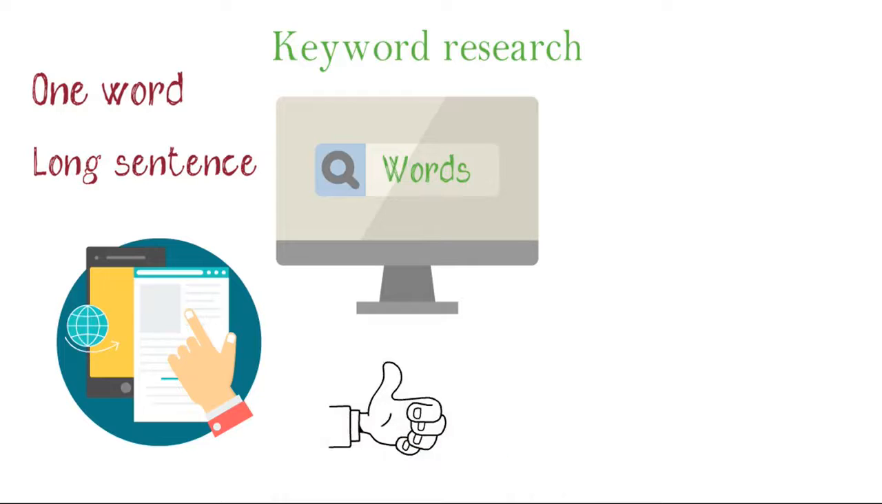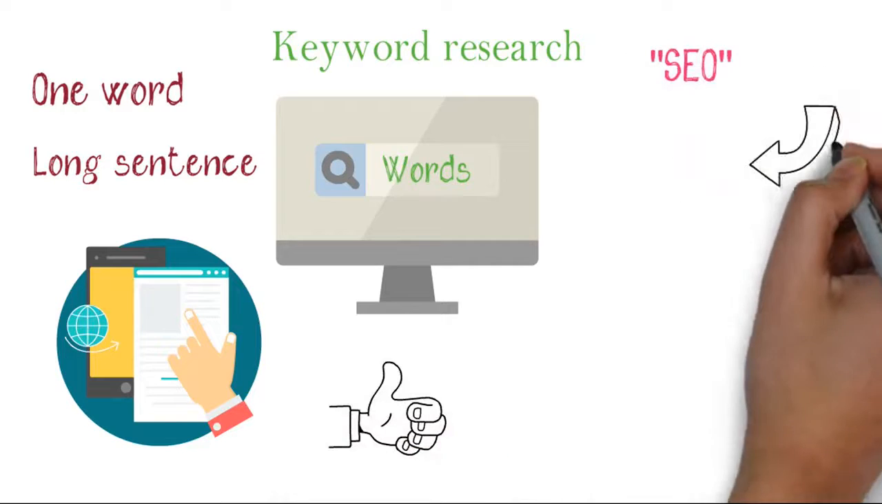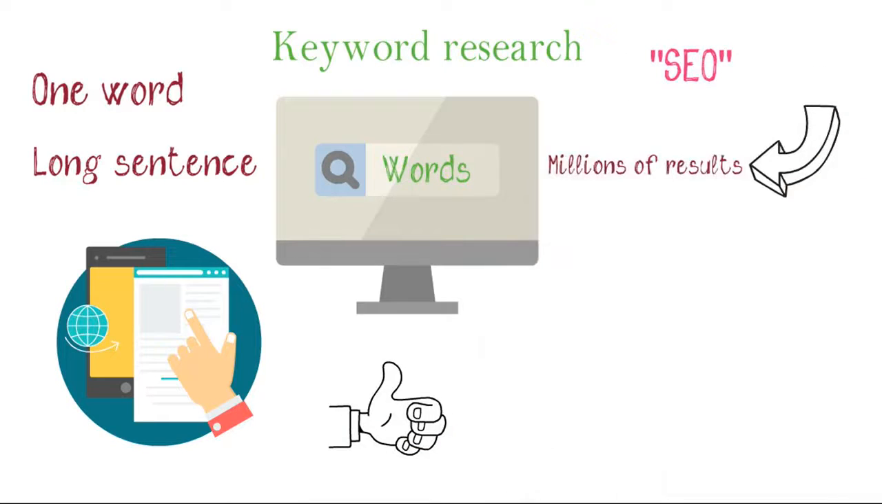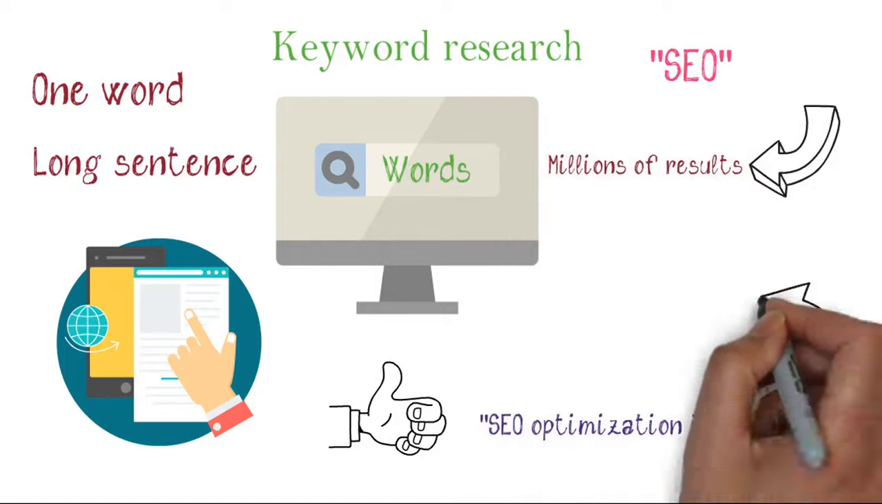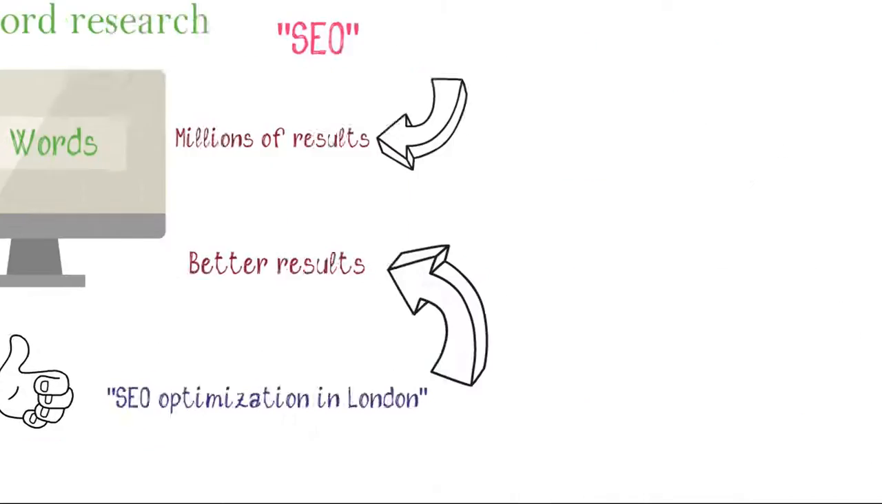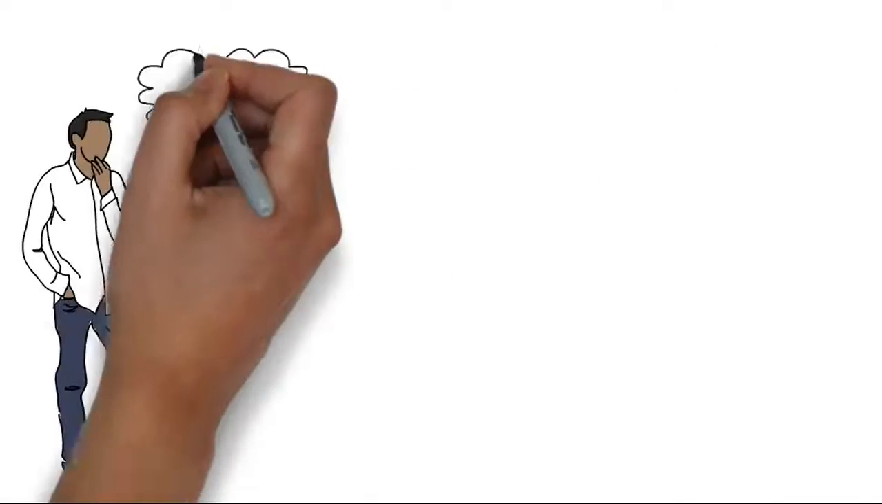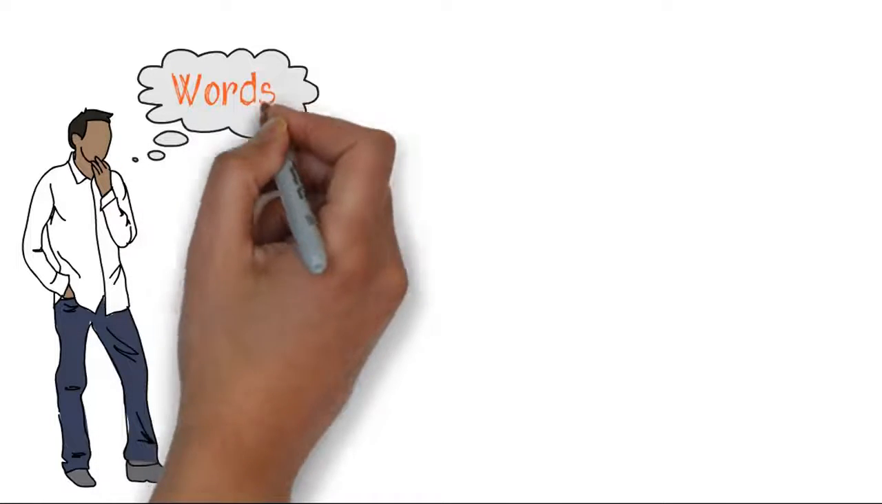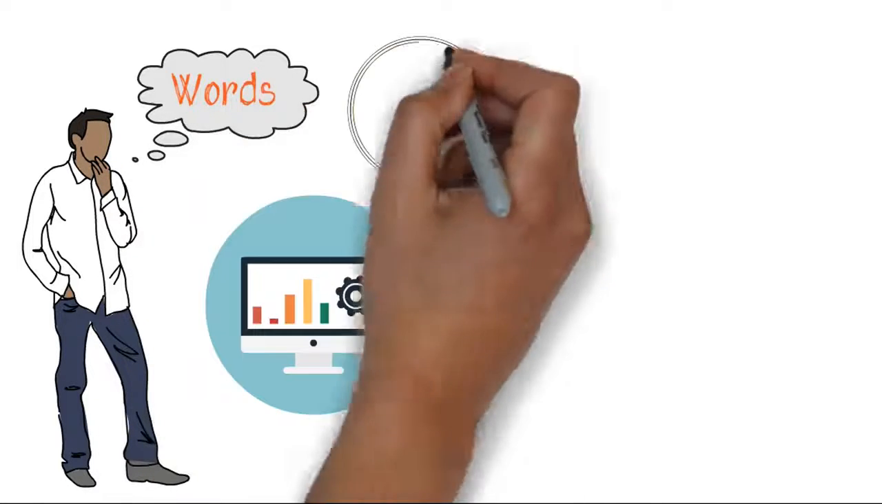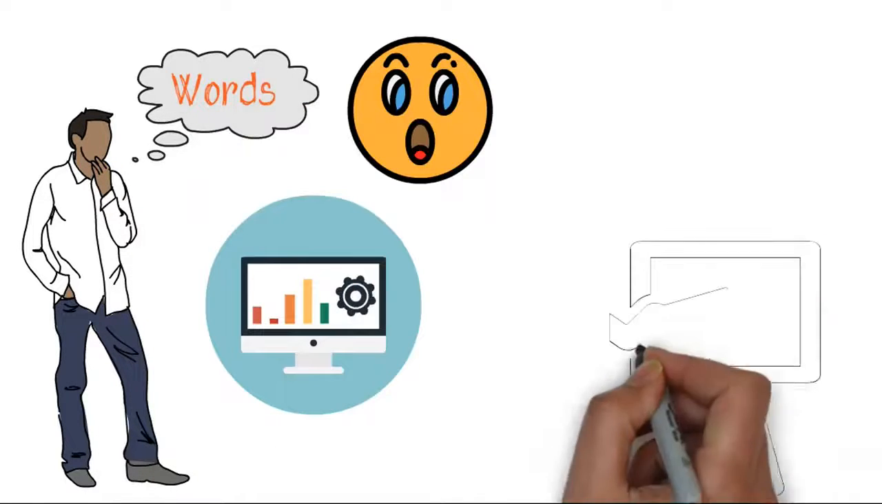For example, if you type in the word SEO, you will get tens of millions of results, but if you type SEO optimization in London, you will get even better results. However, it is often not always clear which words to include when optimizing. There are even often surprising results. There we may learn that there is a lot of interest in searches for example,